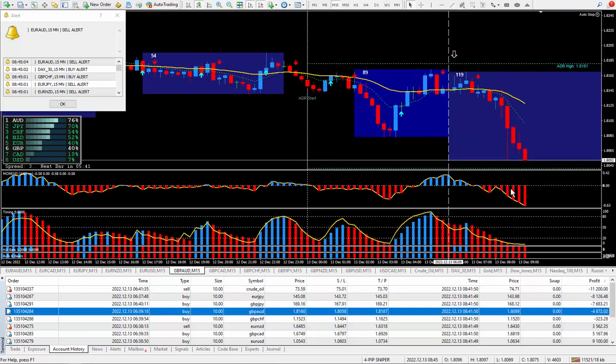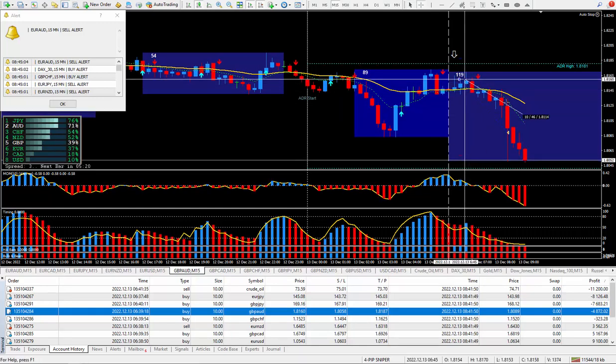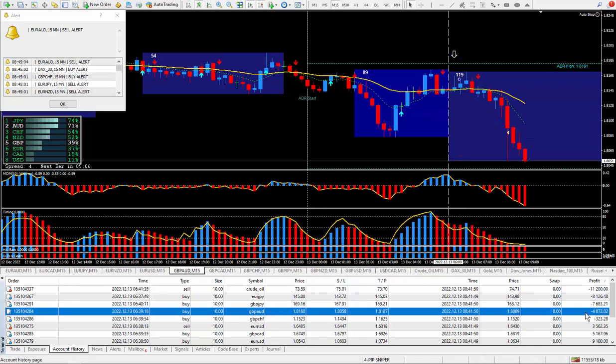Pound Aussie. Let's run a check on this one. Another loser. And the only reason I have this many losers is because of this high impact news. But that's okay, as you will find out as we get to the end of this. Okay, took the trade here, and let's see, turned into a loser of about 70 pips, and so that's a negative 70 pips. That ended up showing a minus